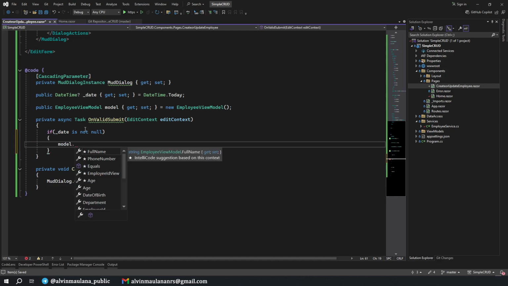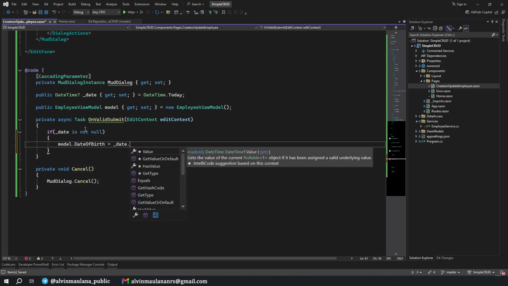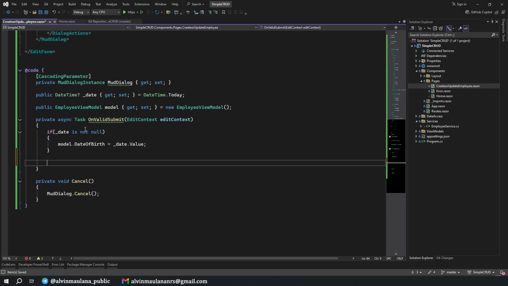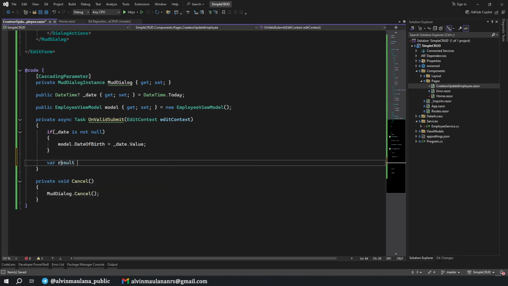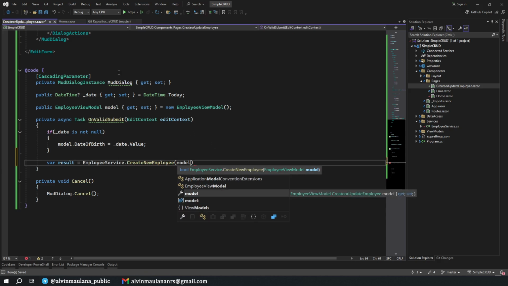Model date of birth equals date value. Okay, and then we can just call the, where is it? We can get the var result of employee service CreateNewEmployee, and then we can provide the model we have in here.